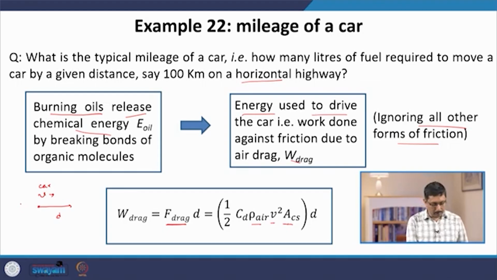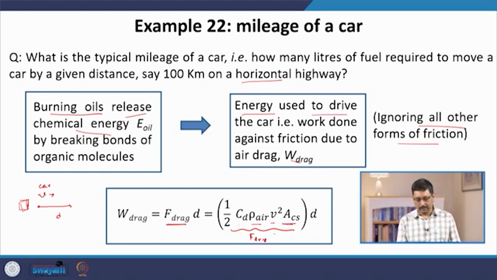So, if the car is moving this way, let us say this box is the car, then the cross section that is facing the wind, let us call that ACS, CS stands for the cross section, and the coefficient of proportionality was denoted as the drag coefficient. So, instead of CD, we are going to write half CD by convention. So, the expression for the drag force is